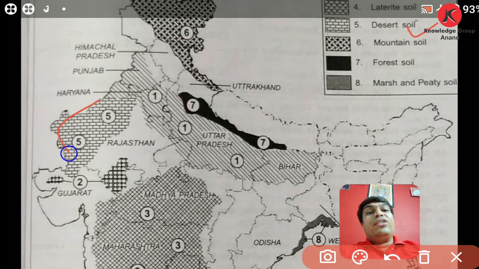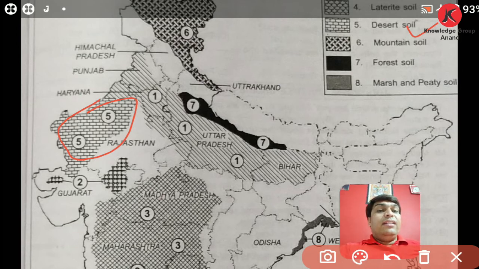Friends, now let us discuss the desert soil. Here, you can see this region of Rajasthan where the desert soil is normally sandy and fertile, as we know. It contains more dissolved minerals. It is found in arid and semi-arid areas. It is mostly found in Rajasthan, Haryana and southern Punjab. Friends, in Gujarat this type of soil is found in Kutch and some parts of Saurashtra as well. If proper irrigation is provided in this area, crops like millet and jowar can be cultivated in this type of soil.